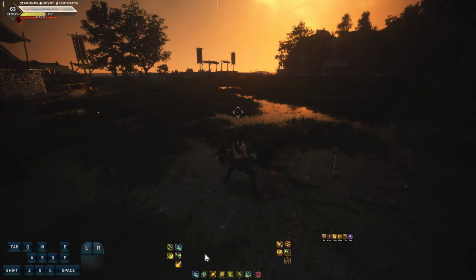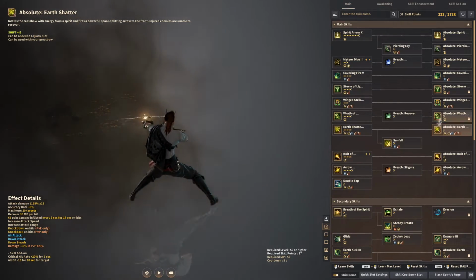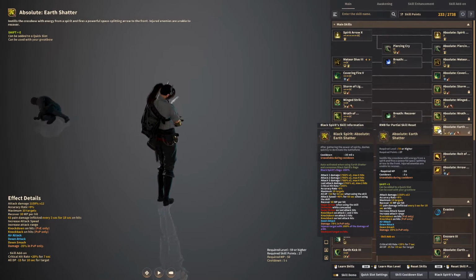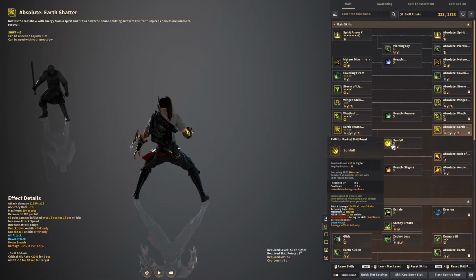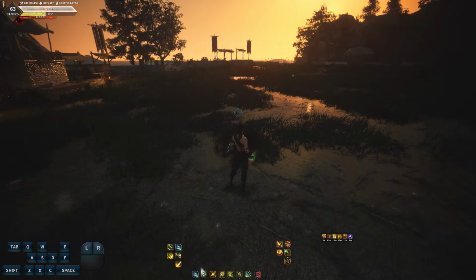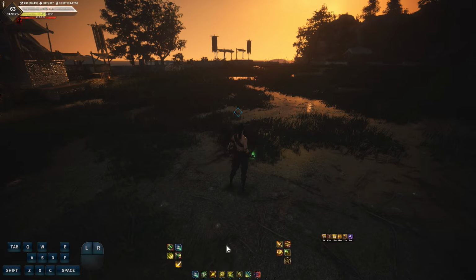I don't want to do earth shatter now, because the thing with earth shatter, let me show you which skill it is. This is earth shatter. Earth shatter doesn't have 100% crit rate. So I would suggest you only do earth shatter with a combo of sunfall, especially if sunfall is off cooldown. Make sure you have your pre-buff on before you do earth shatter with a sunfall cooldown, because you lose a little bit of damage if you do it without 100% crit chance, right?